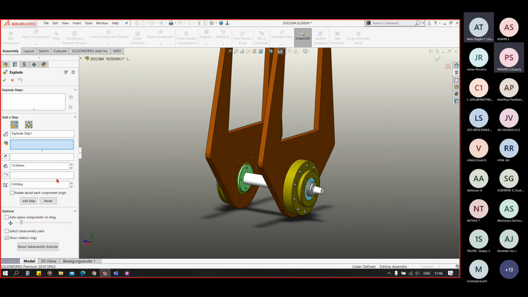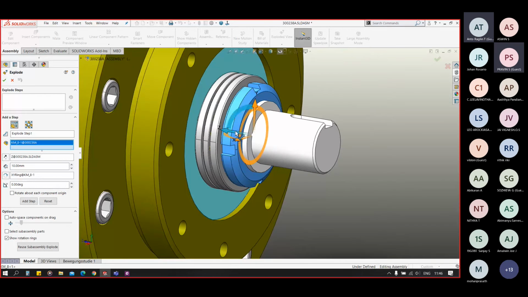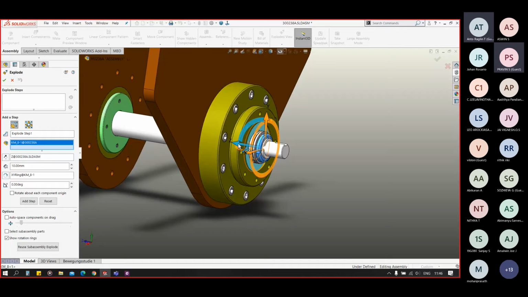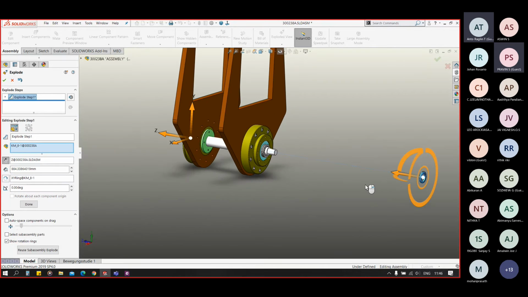Now, explode step one. In that case, select the components which we want to explode in our step one. So I will select this lock nut and I'll drag it to the outside like this. Now I'll mark it as done.